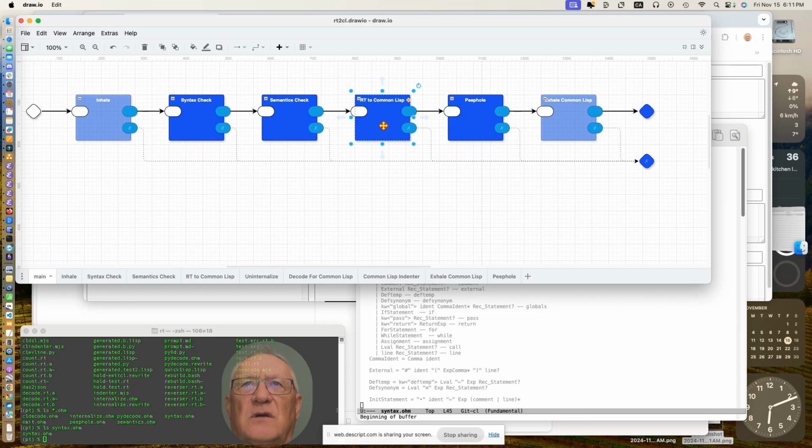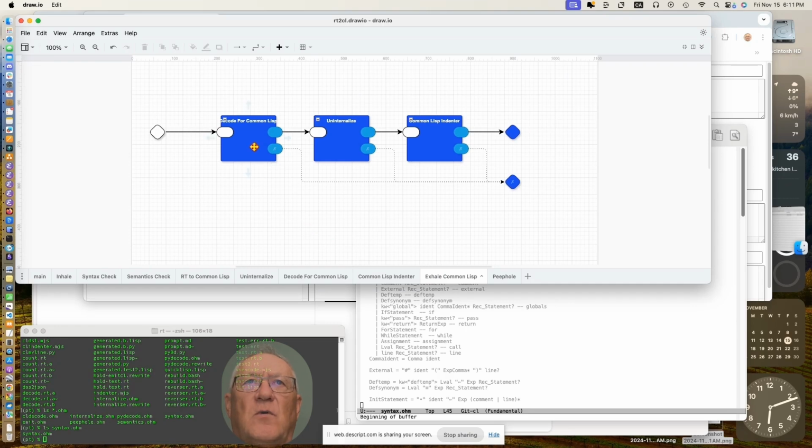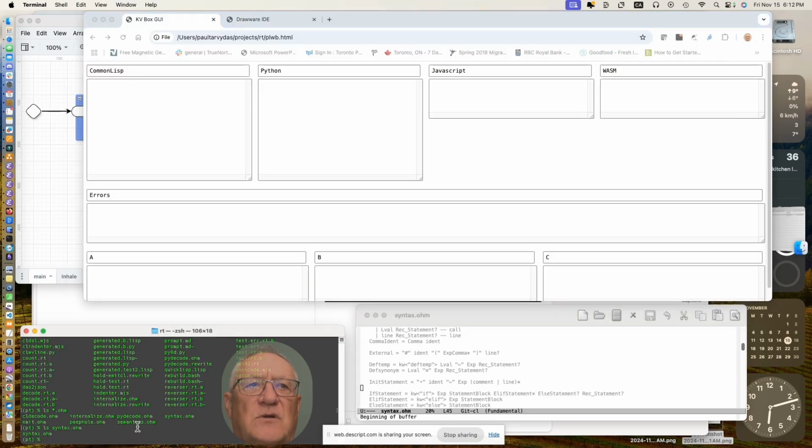transpile the RT to Common Lisp. Then we run it through a peepholer, the text-to-text transpiler. It looks for simple patterns, gets rid of them, and then we exhale the Common Lisp code. We decode it first, then we uninternalize, and then we indent it. The uninternalizing isn't very spectacular. It just takes away extra Unicode brackets added around symbols and other things. We start up the REPL,